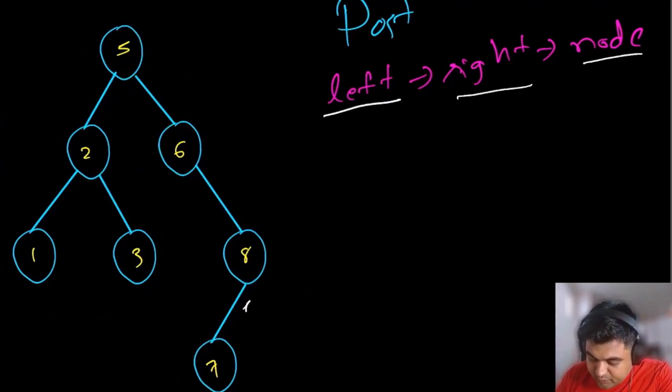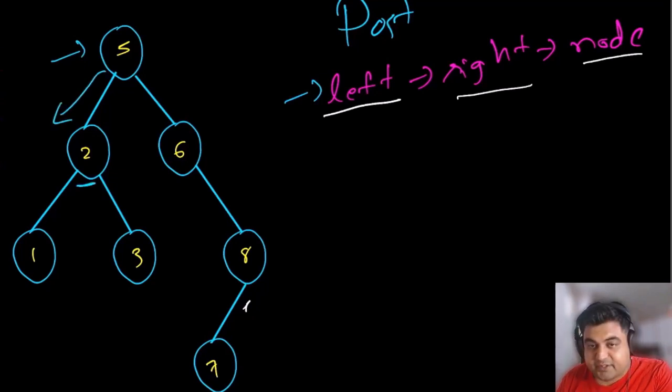So first let's see what would happen for this node number 5. We start at 5. It has elements on the left subtree that we haven't visited, so we go to the left subtree. Again, even for this 2, it has elements on the left subtree that we haven't visited, and that is value number 1. Now this value number 1 does not have any more left or right children, which means we are able to visit this node. So the first node we are going to visit is node number 1. Then we are going to backtrack to its previous node, which is node number 2.